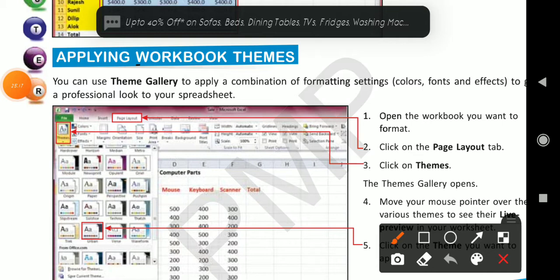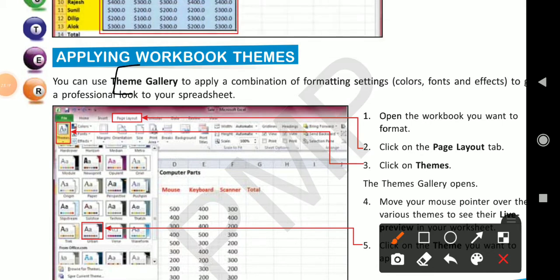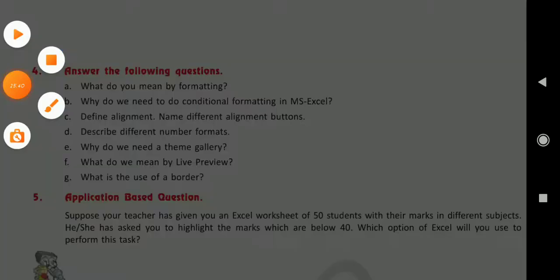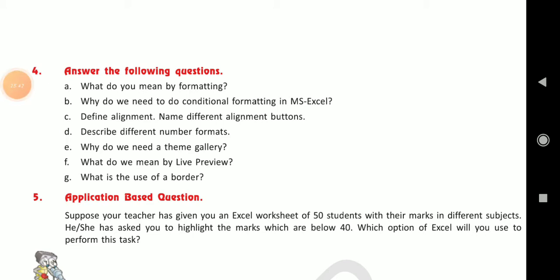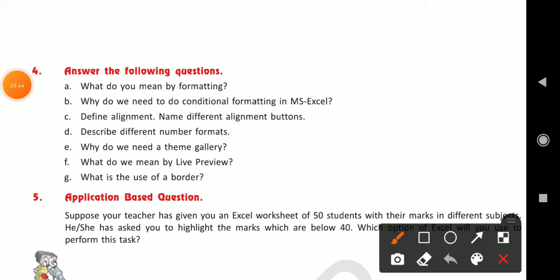This is answer number E. Okay, E we have completed.